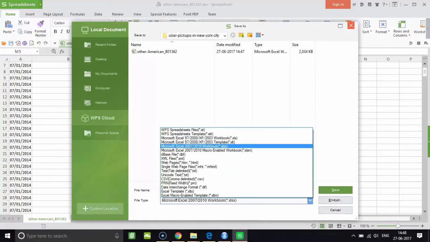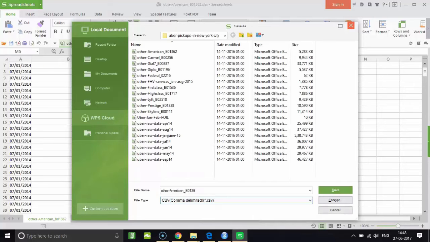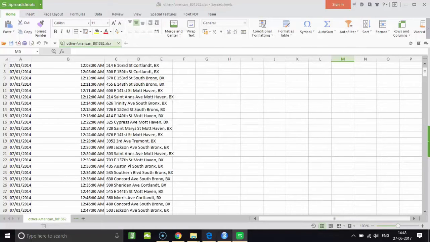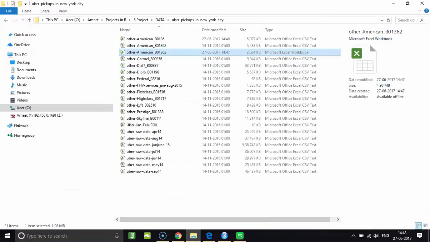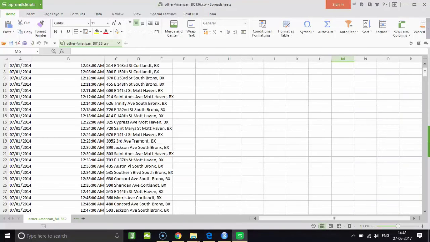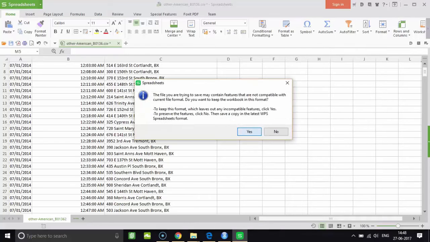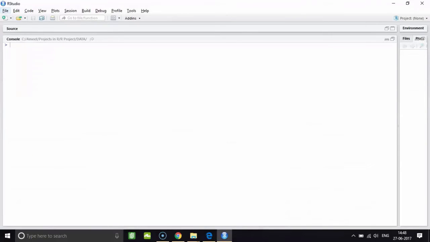Fine, and over here we can change it to CSV, comma delimited. So it will be saved as a CSV file, and then you hit the save and go on to the folder. So now we have the file with the extension CSV, which is easy to open up. Raw data with comma separated values is easy to open in R compared to an XLSX sheet. So we prefer to deal with CSV files rather than XLSX and XLS files in RStudio for convenience and